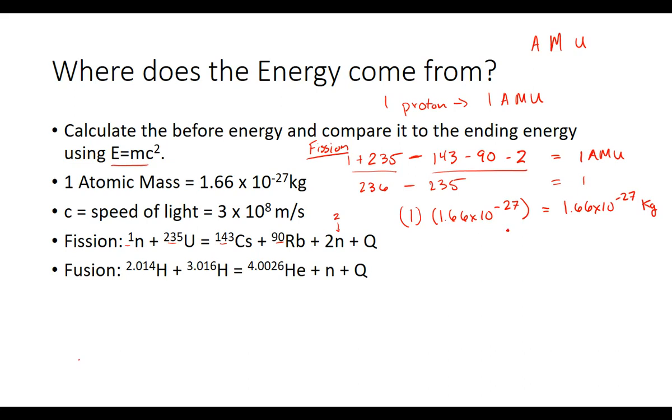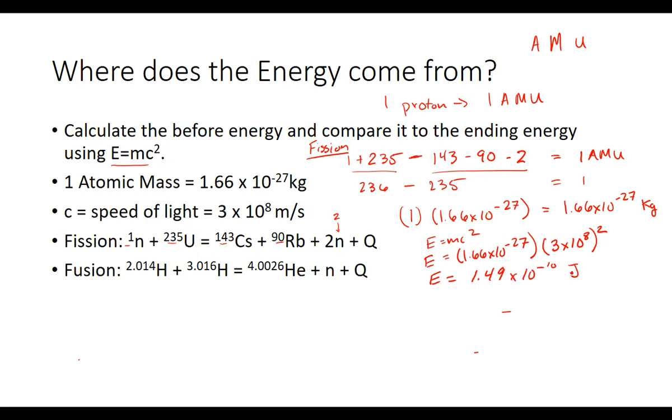And so that's how much mass we've lost. So we can plug that into the E equals mc squared thing. And that's just going to be 1.66 times by 10 to the negative 27 and times by 3 times by 10 to the 8 squared. And you will get that. And so that means that we have just released 1.49 times by 10 to the negative